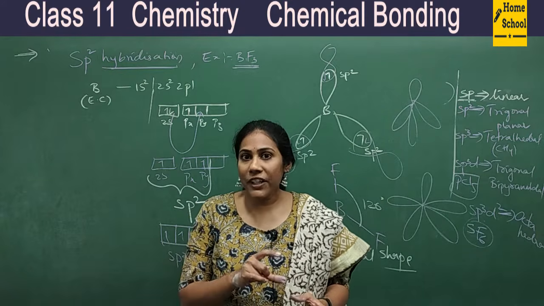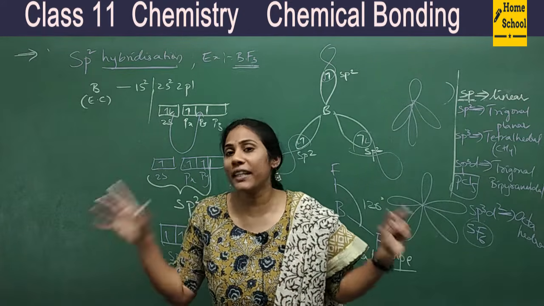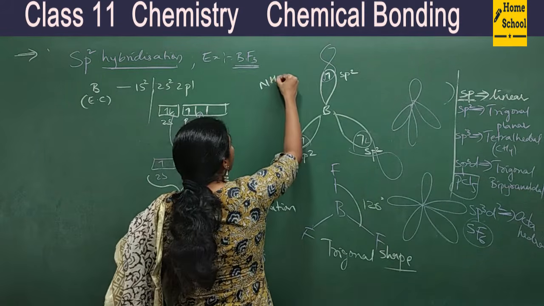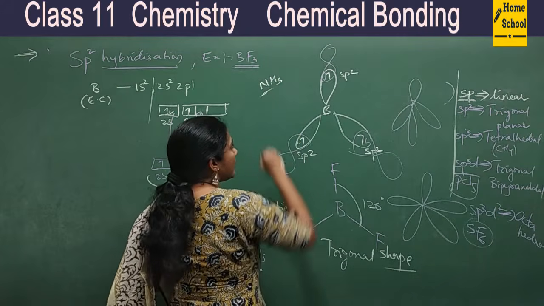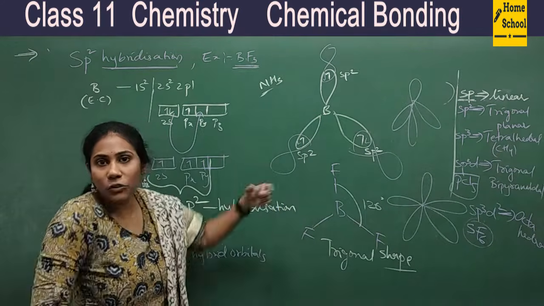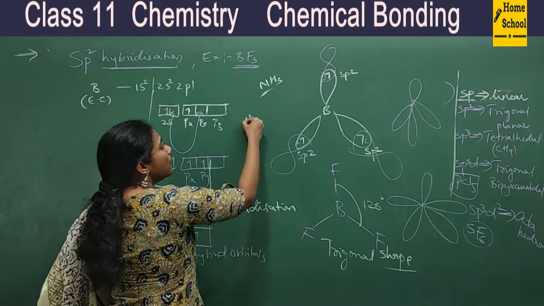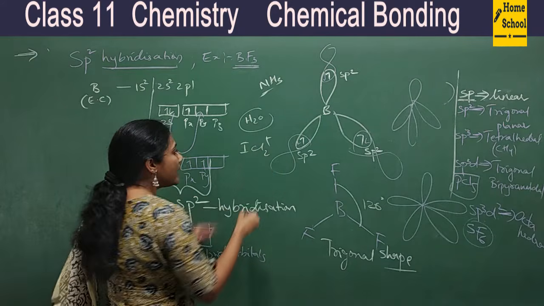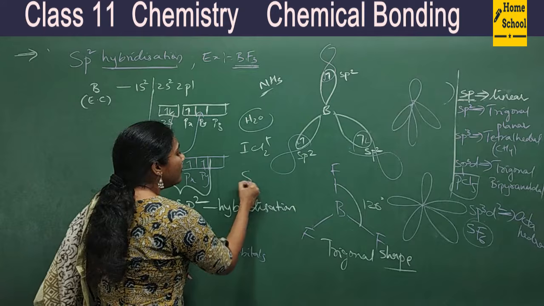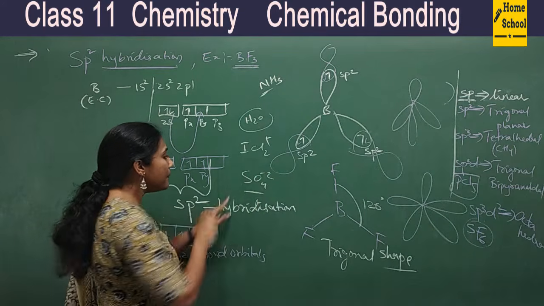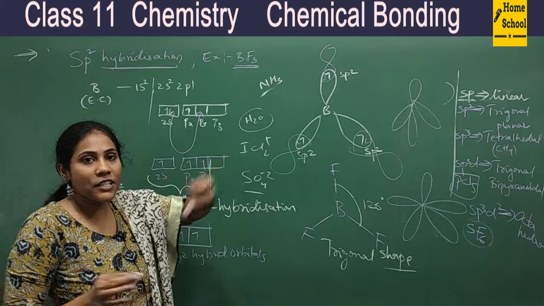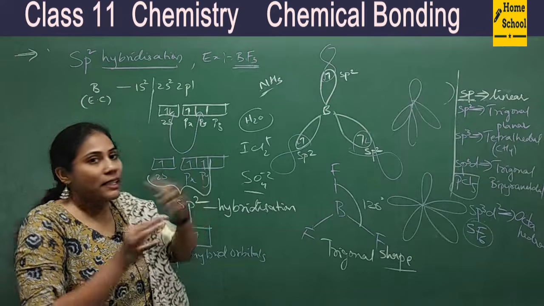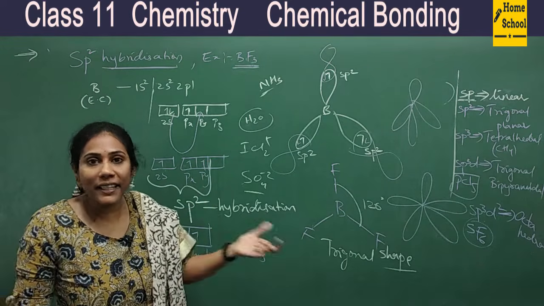And in my next video, I will teach you a beautiful trick to find the hybridization. See, questions will be asked like this. You have an ammonia molecule. What is the hybridization involved here? sp, sp2 or sp3? You have to select the correct answer. You have a water molecule. What is the hybridization involved? You have ICl2 plus. What is the hybridization involved? You have the SO4 2 minus ion. What is the hybridization of sulfur here? Hybridization is always with respect to the central atom, because it is the central atom's orbitals that intermix with each other to equalize their energies.